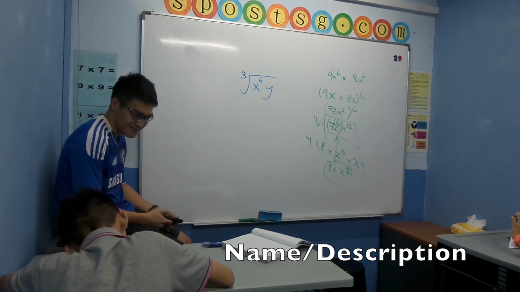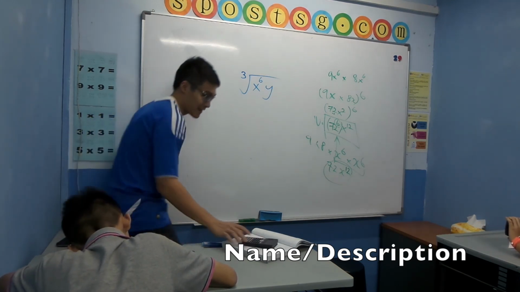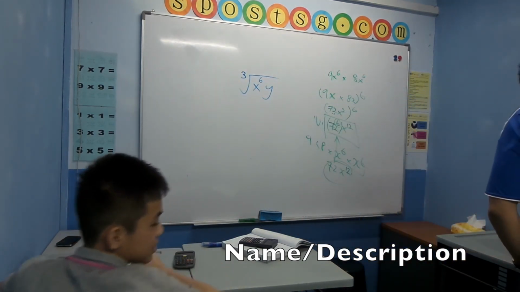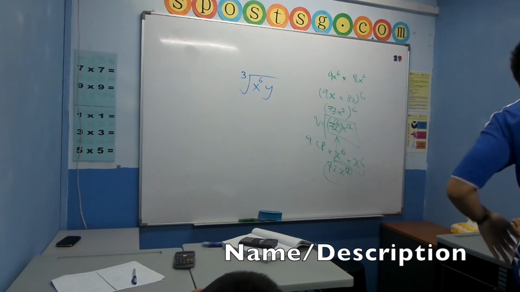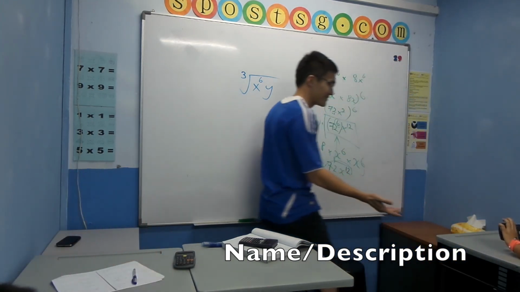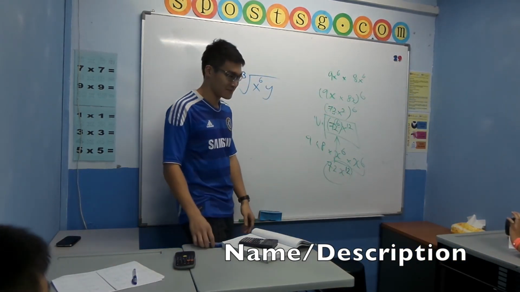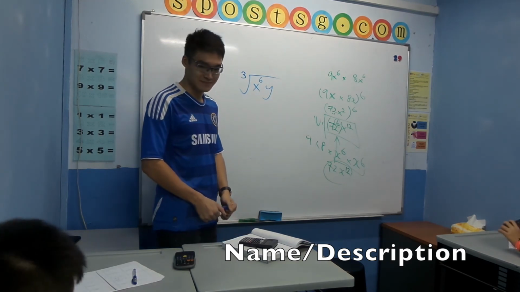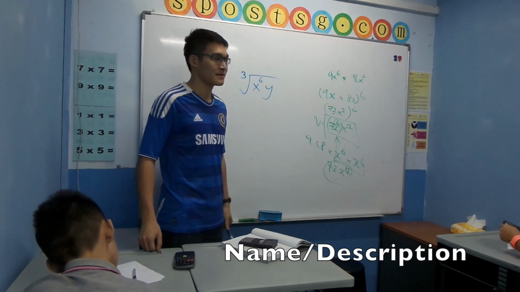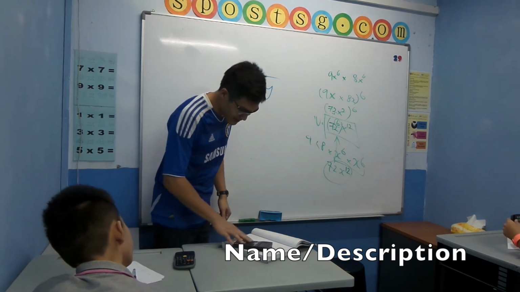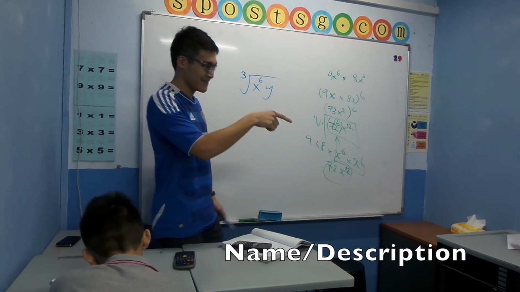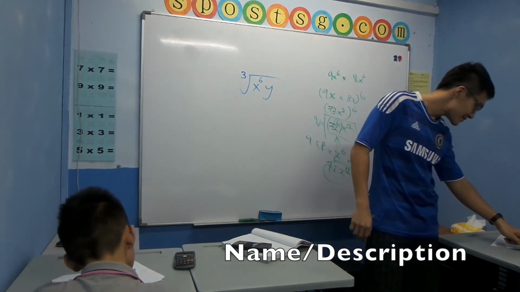3x squared cube root. Okay, then. Whenever you use your 1/3, there won't be any root. Understand? Means you're only left with x squared divided by x squared y to the power of 1 over 3 divided by 1 over 3. So the answer is x squared. No. Is that the cube root? Can you tell me is that the cube root or not? You see the second one? It's not. This one.